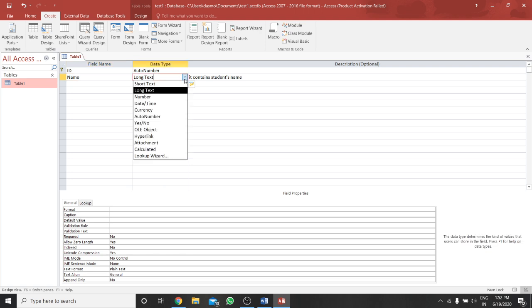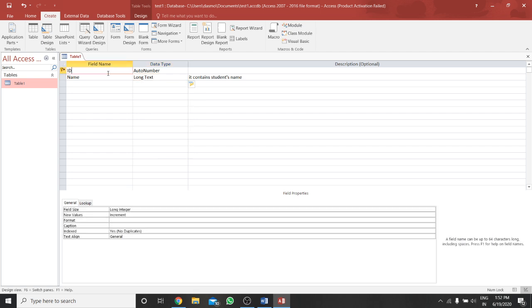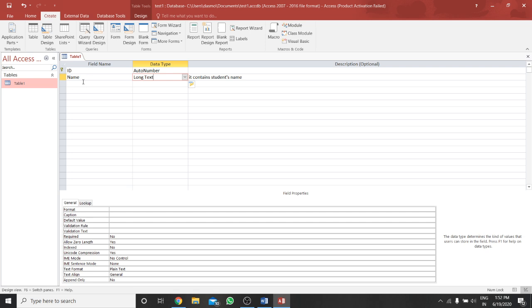As we already discussed, these are all the data types. So what does this mean? This particular field's data should be of what type? For example, see ID, we want the ID to be a number, an auto number, so we have taken the auto number. For example, the name, we want the field to consist of names, so it should be text.